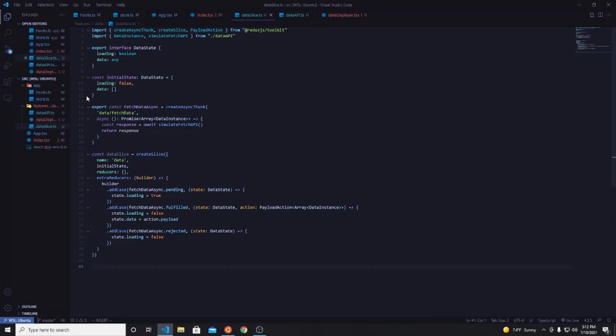Okay, now we're going to export default dataSlice.reducer. So when we create this slice, it's going to have a reducer property